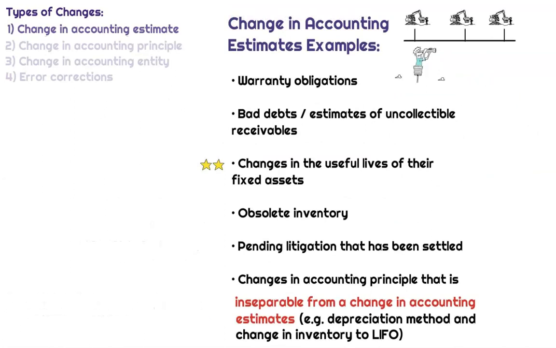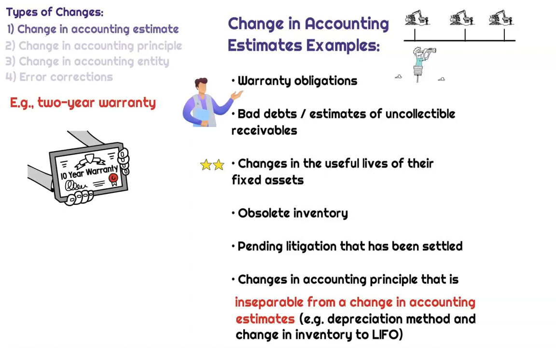Okay, so at this point, we've talked a lot about how depreciation expense and changes to the fixed asset's useful life would be an example of a change in estimate. But that's not the only example of changes in estimate. There are other examples that you could see on the exam. Okay, so some of those other estimate change examples consist of warranty obligations. As we learned in previous modules, warranties are often going to be estimated. If there's a change in that warranty obligation estimate, that change is going to be made within the financial statements in the current year and all future years.